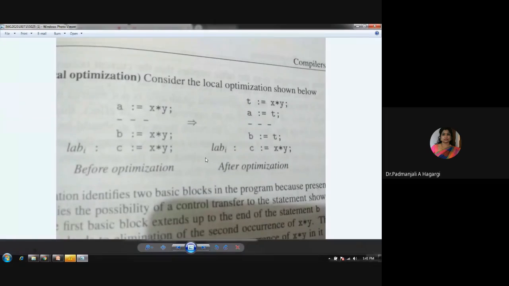But why are we not doing the same substitution in label I? Why can we not do it? Because it may be reached without executing the first basic block. If we try to do c is equal to t here also, the loop may execute wrongly, because here t is equal to x multiplied by y, but